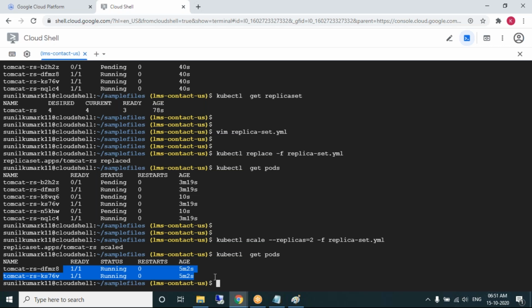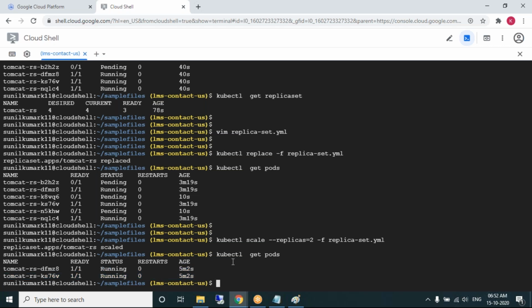Is it confusing, Akhil? Yes, a little bit. Okay, go through the video. I have one doubt, Sunil. When we keep replicas, it is creating pods with containers, right? Yes, you are right. What if we need another container in the same pod? Yes, we can do that. That we will discuss later. We can create two containers, that's also possible, but let's not make things complicated.